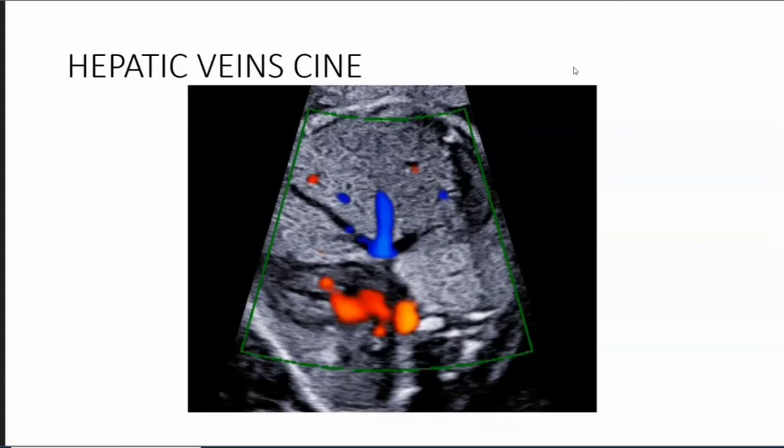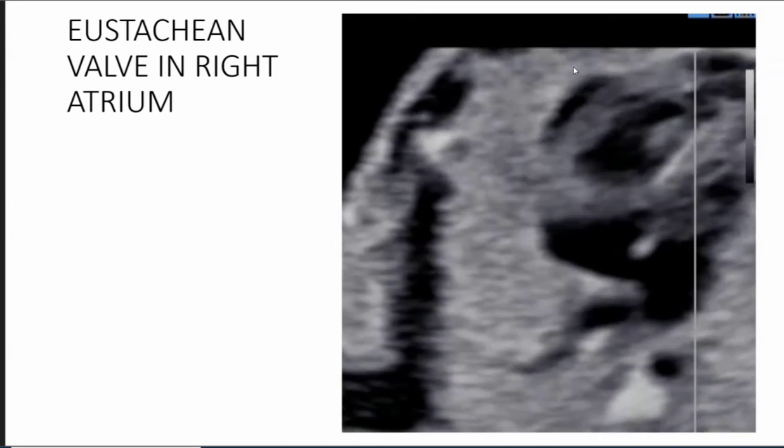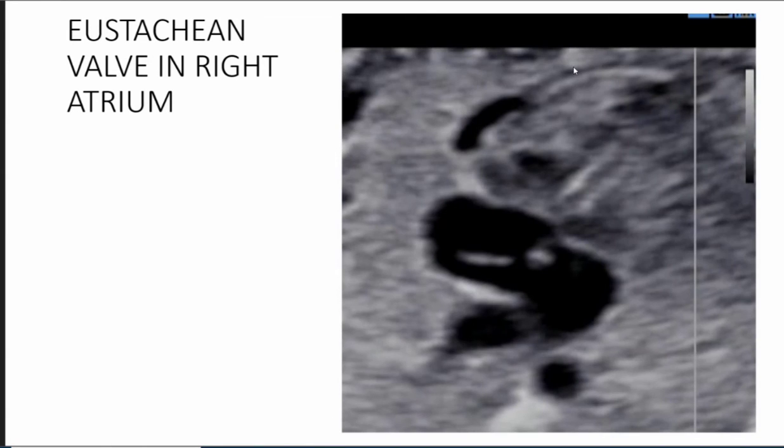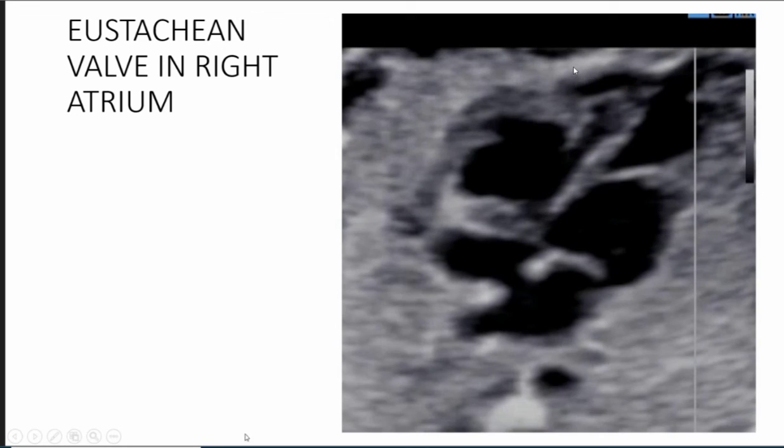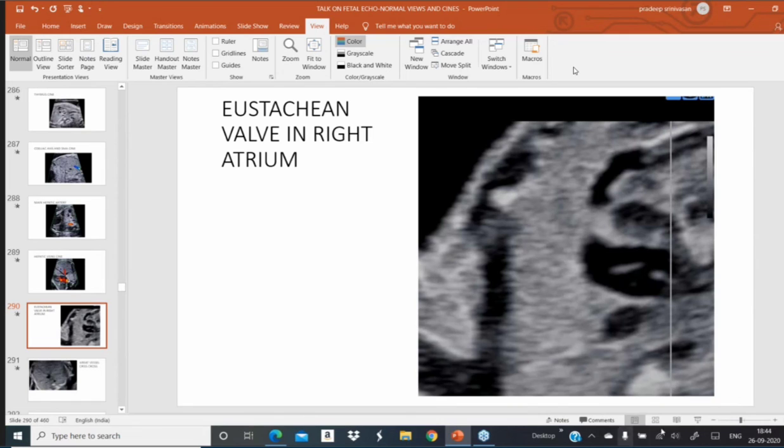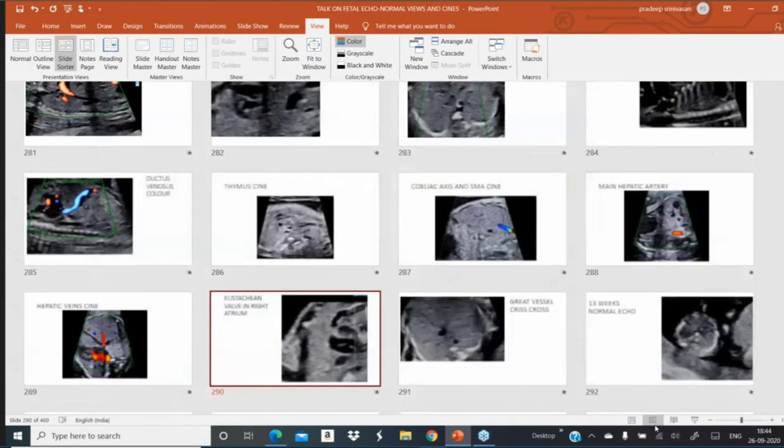I will jump the abdominal views. And we will now go to, I have 15 minutes more, we will go to biometry now because it is important to look at the functional aspects of the